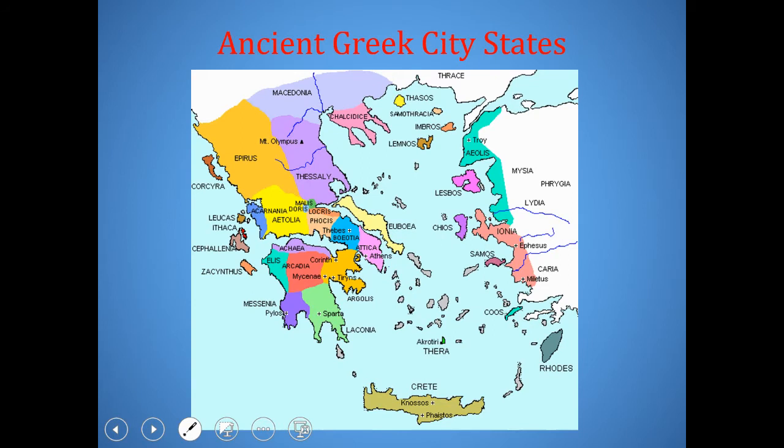So, when we talk about ancient Greece, obviously there are all of these islands out here in the Aegean Sea. Their proximity to Turkey meant lots of colonies settled in Turkey, including Troy, which was around 1200 BCE. You guys are probably familiar with the sack of Troy and things like that. A lot of these were Greek colonies. So Troy was not actually a foreign country, but a Greek colony settled by the Greeks on the coast of Turkey. So, the Greeks were sailors and they utilized a lot of these places.